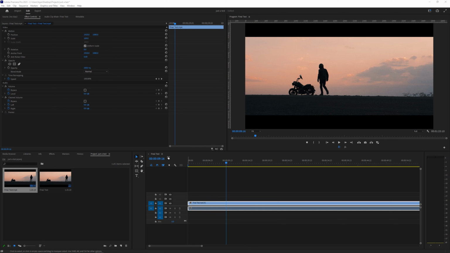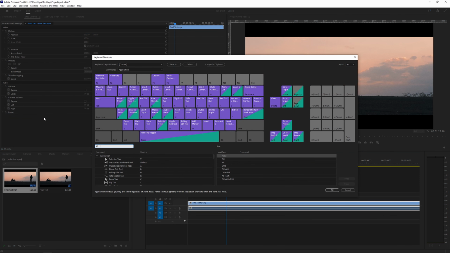Now we're going to edit everything by using keyboard shortcuts, and first thing that we need to do is we need to go to the keyboard shortcuts. And what are we going to use? So we're going to use Q, W and E. So you remember I said there's default keys, so basically Q, W are the default keys, and Q will remove everything to the left of the playhead, W will remove everything to the right of the playhead, and E, this is the custom keyboard shortcut, it will just do the cut.